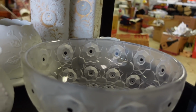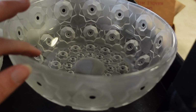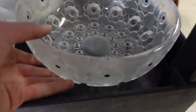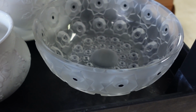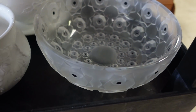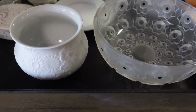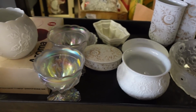This bowl is so cool, and I have no idea who makes it. I did not see any signatures on it, but I love the design. I think that is the neatest with those little black dots on it. I saw that in the cart, or in the box, and I was like, what is that? That's so neat. So I'm going to move this Kaiser vase, because the most important piece here on this shelf,